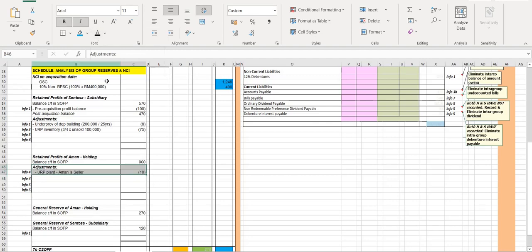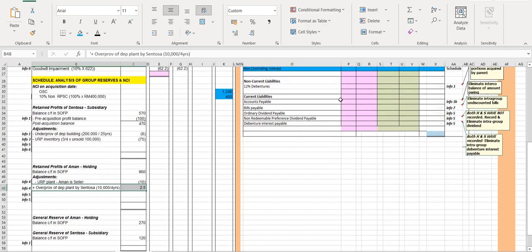They also need to do some adjustment during the post-acquisition period. One is the unrealized profit that has to be removed. And here is also for the over provision of depreciation. Right. So you are done with that. So let's go and do number 5.